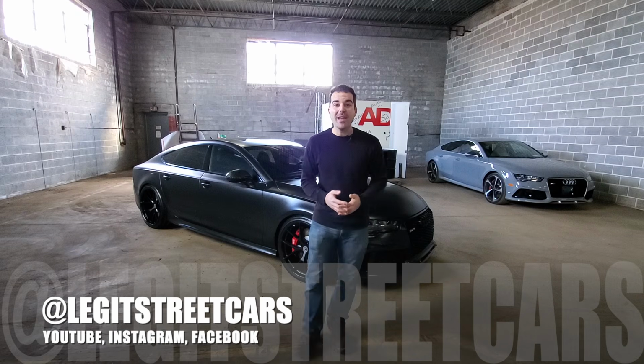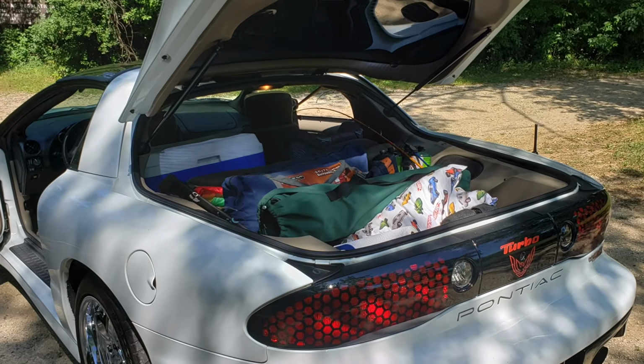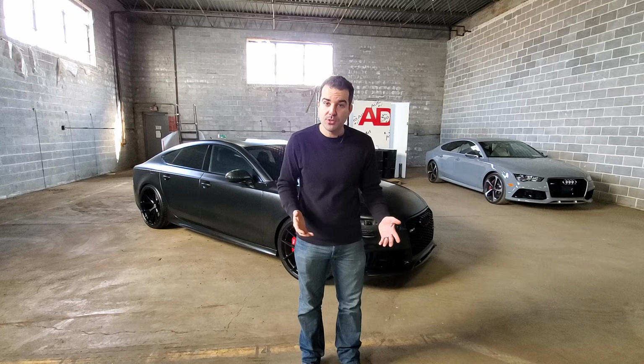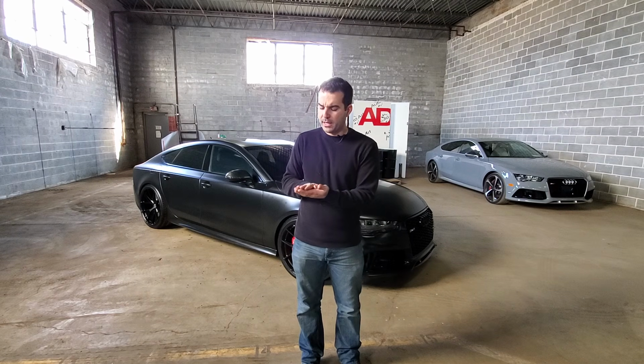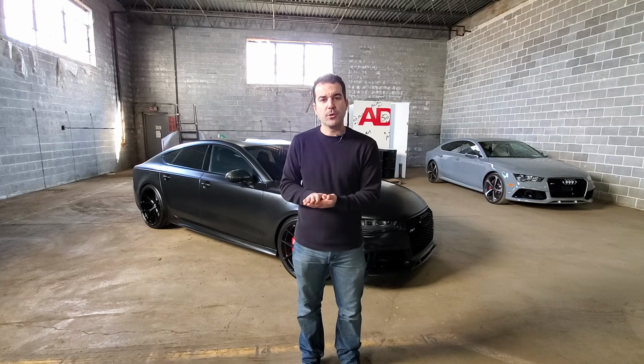Hatchbacks, man, oh man, do I love me a good hatchback. I love how usable they are, and this is my turbo Trans Am all loaded up for a camping trip, which is a totally normal thing to do with a car that'll pull the front wheels off the ground at the drag strip. Totally normal, and I've never done this before, but apparently this signifies the pulling of those wheels